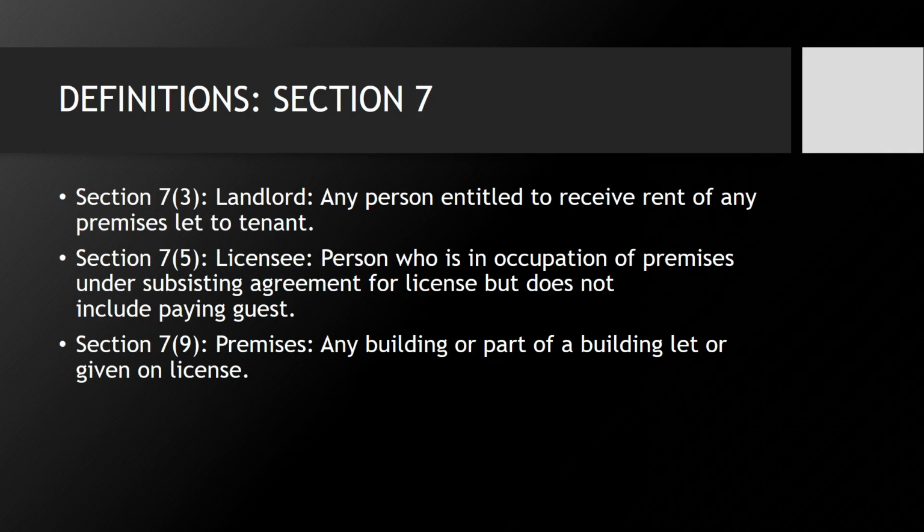सेक्शन 7(5) says a licensee, the definition of licensee, is a person who is in occupation of premises under a subsisting agreement for license but does not include a paying guest. So this section 7(5) clearly says that a paying guest, PG, is not a licensee. Okay, who is the licensee? Who lives there, who occupies the property. Okay,